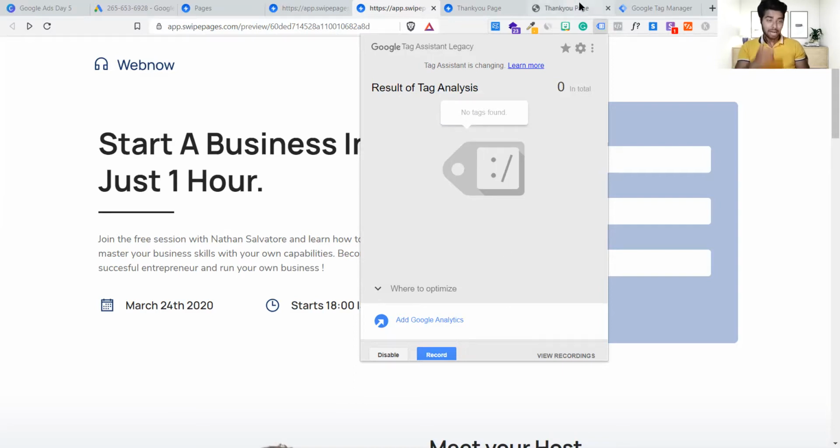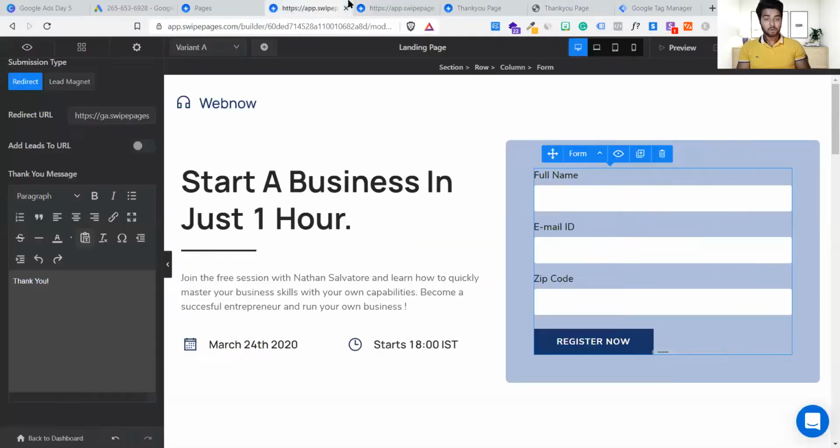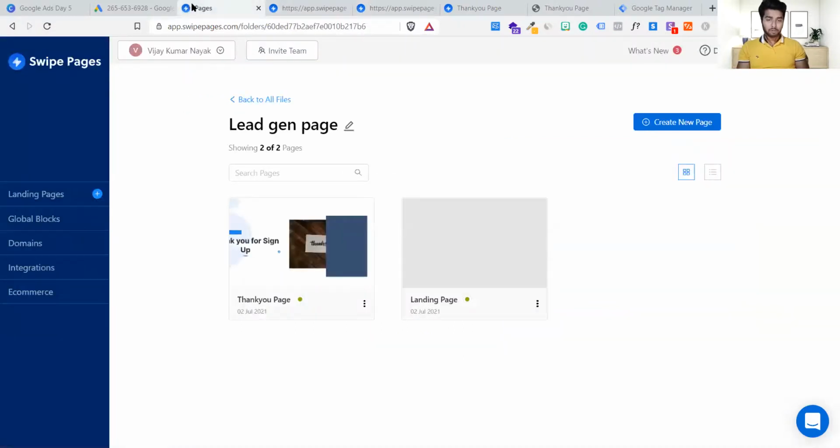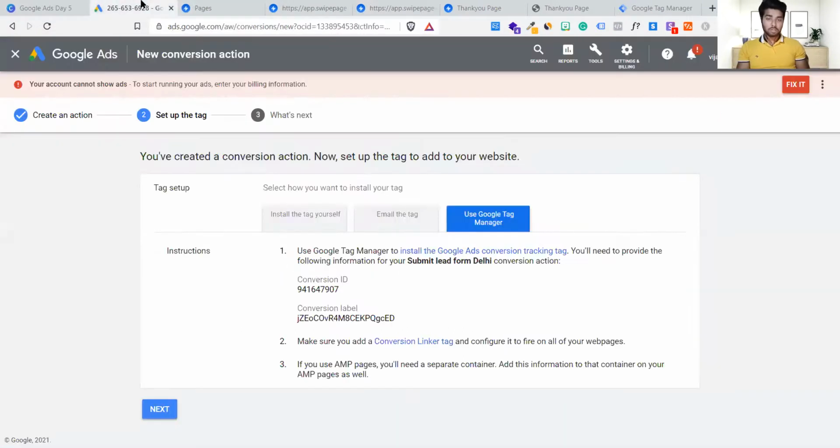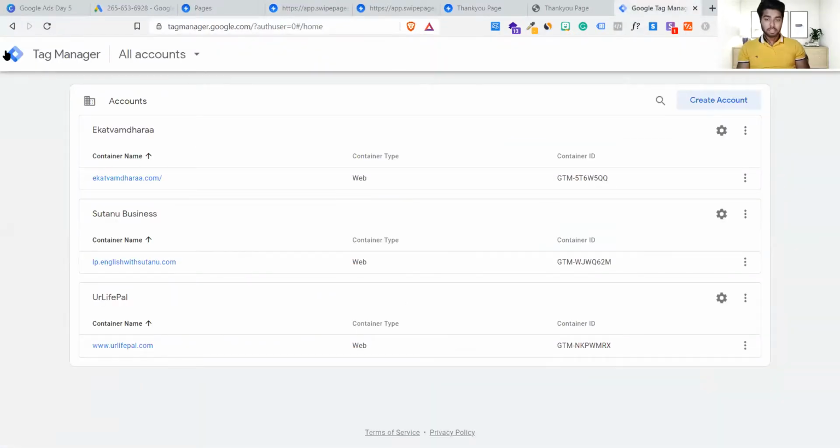Let's add this tag inside the landing page. How can we do it? Now it's going to be a bit technical. All right, let's go back to Google Ads Manager. But before that, you have to visit here. Guys, this is a Tag Manager account. How can you get there?